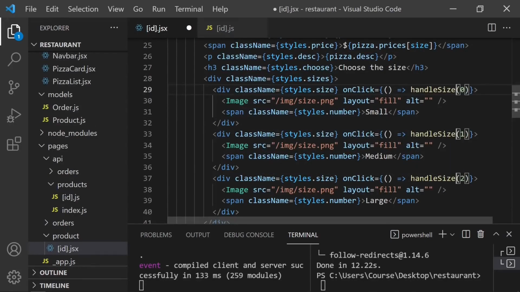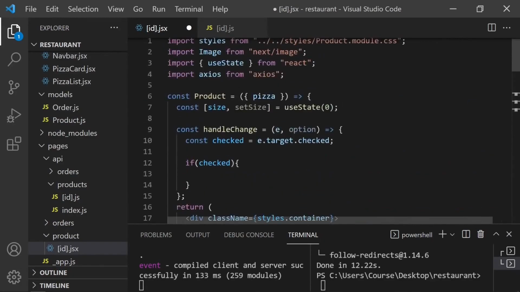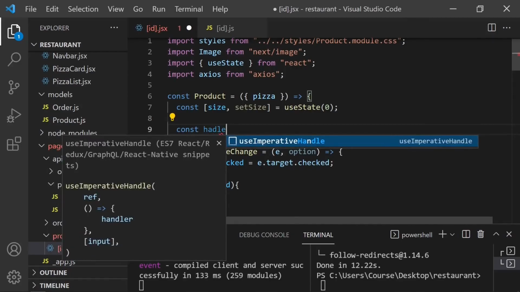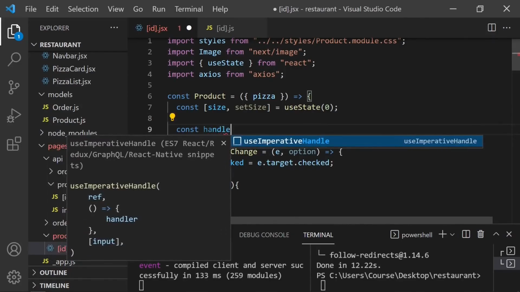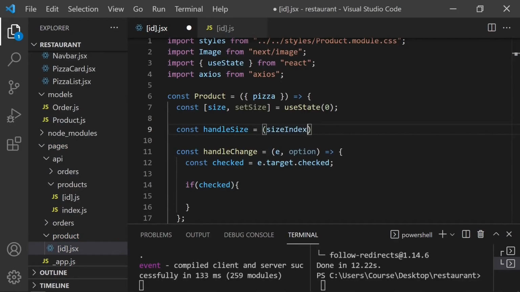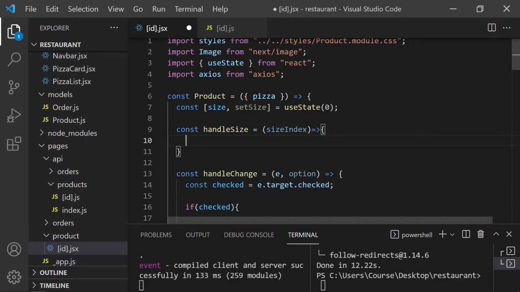And again, I'm gonna pass 0, 1 and 2. And let's write here const handleSize, and it's gonna take size index, and then I'm gonna increase this size, but before I have to change this